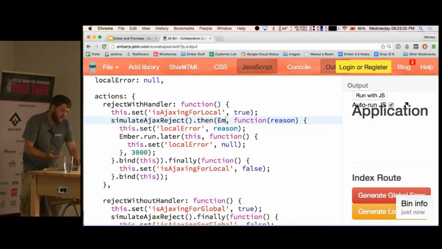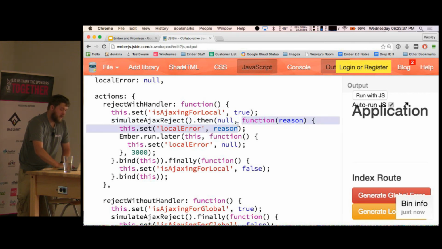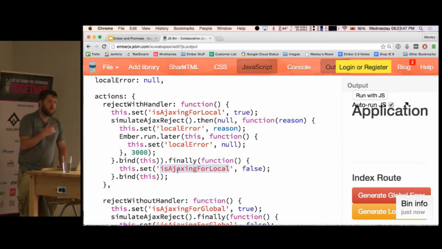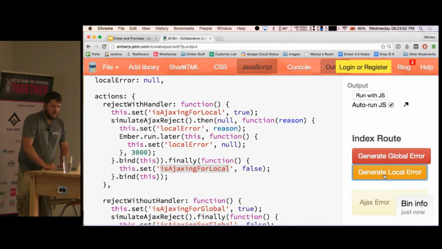So that's why you put null there. Essentially this is the error handler, and he's setting the local error to the string value, and then in 3 seconds he's just clearing it out. And this is just a progress thing for the spinner. So executing it again just does that.